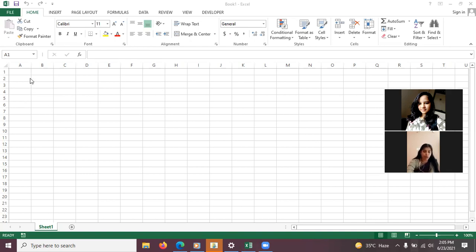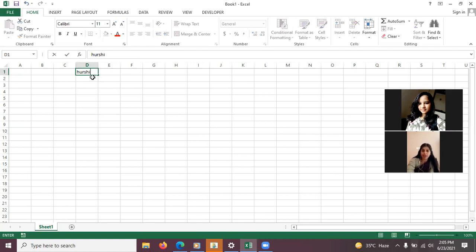On page number 44, the features of Excel are being discussed. The first one is autocomplete. Autocomplete feature means we are typing something and immediately it shows us the content to complete the word. Khushi, better write your name in A1 or any cell.